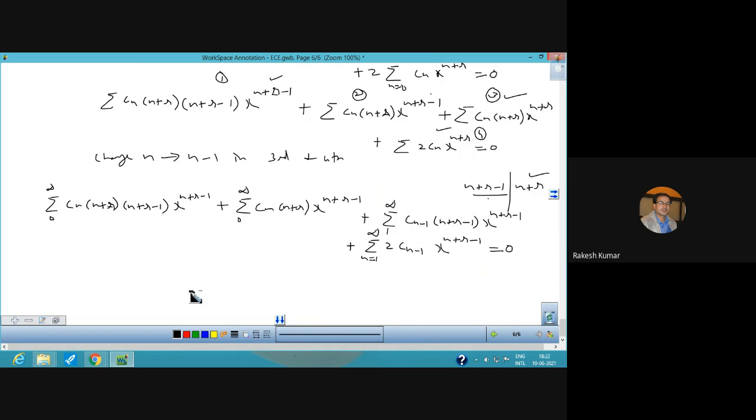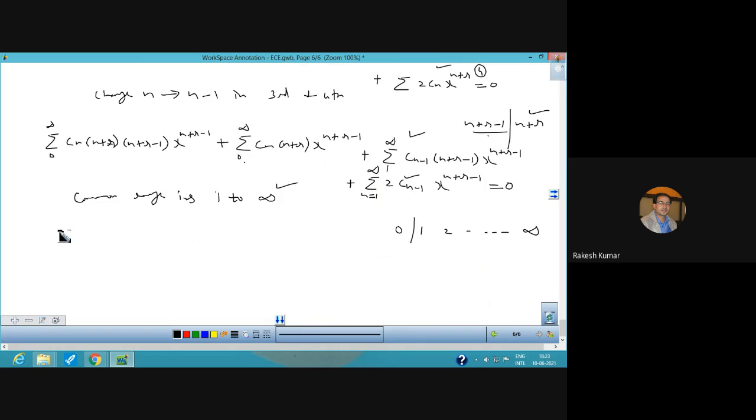So now the common range is 1 to infinity. कॉमन रेंज का मतलब क्या है, ये ऑलरेडी 1 टू इंफिनिटी है, दिस इज ऑलरेडी 1 टू इंफिनिटी, बट दिस इज 0 टू इंफिनिटी। अब 0 टू इंफिनिटी का मतलब ये है 0 1 2 सो ऑन अप टू इंफिनिटी। तो 0 टू इंफिनिटी के बीच में भी तो 1 टू इंफिनिटी आता है। सिमिलरली यहाँ पर भी 0 टू इंफिनिटी के बीच में 1 टू इंफिनिटी आता है। सो द कॉमन रेंज इज 1 टू इंफिनिटी, सो एक्सपेंडिंग ऑल द टर्म्स अप टू 1 टू इंफिनिटी।